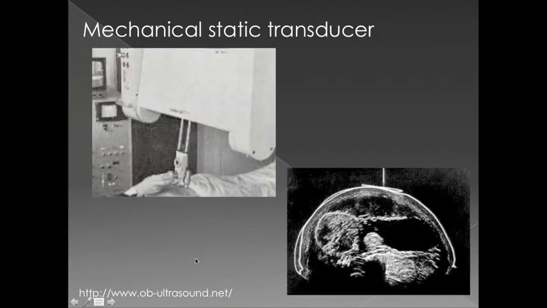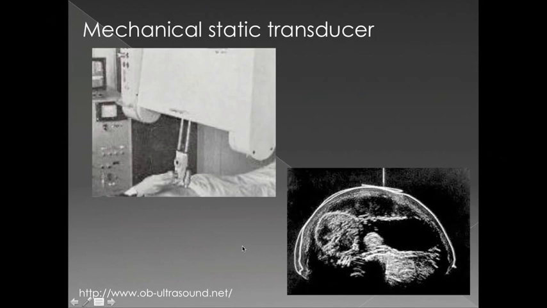So you have to have some way to organize these different sound waves and actually be able to produce an image. Originally what they had was called a mechanical static transducer, where you had a gantry with a single piezoelectric crystal transducer mounted on it, and that scanned across the patient to get the physical data about where a particular sound wave was with respect to the patient. That's how the individual beam lines were organized into an image, from a physical correlation with the gantry. One thing I think is neat about this image is that it shows that with the mechanical static transducers, you had a much broader field of view than with our current